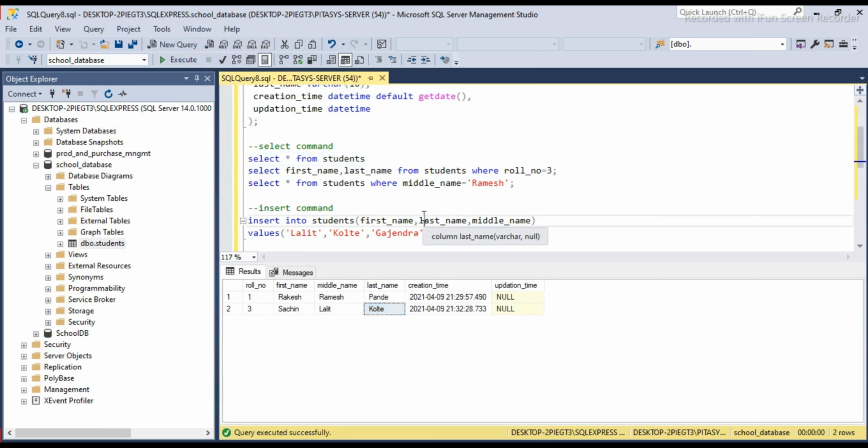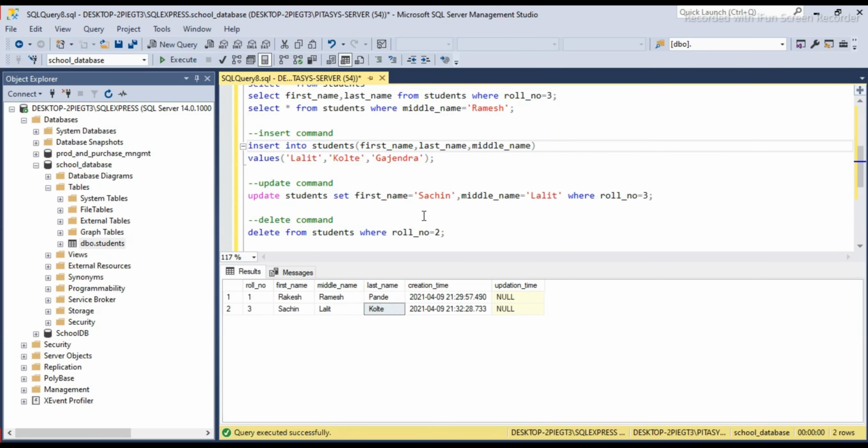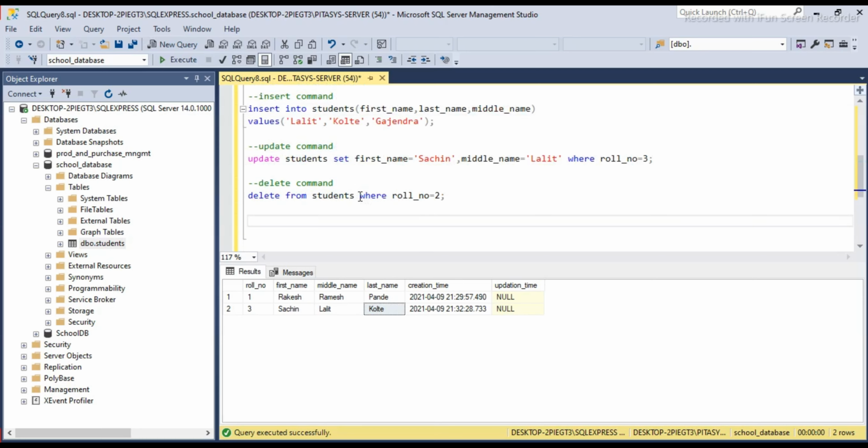Now after this delete, there is no chance to undo the delete. So while firing the delete query, use it very carefully. If you fire it without any condition, it will delete the complete records from your table. Suppose you fire the query without any where clause, any condition.